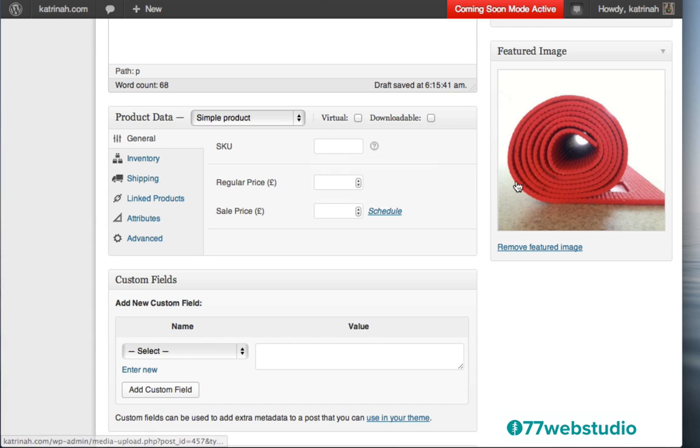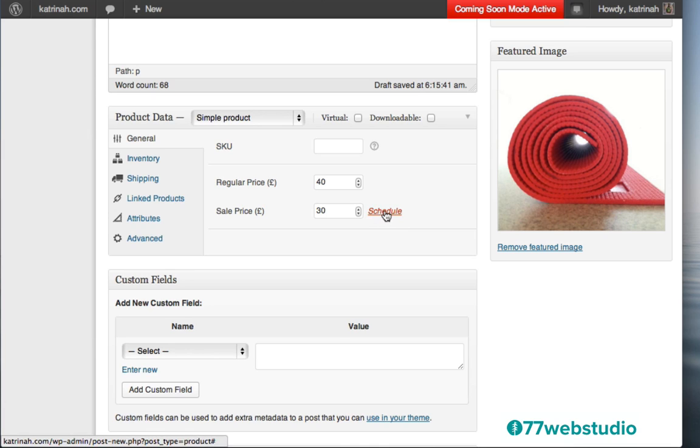However, I would like to give this a price. So I'll just put in a price right here, 40, just 40. Note that it says pounds. We'll change that in a moment to dollars. And if you'd like, you can also give this a sale price. So if I wanted to do that, I would just add the sale price here. Say I'm going to make this $30 on sale.